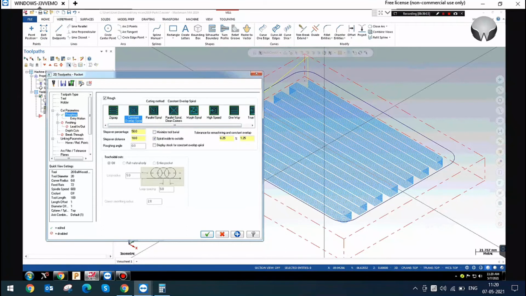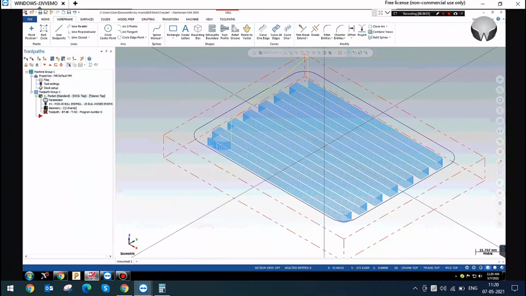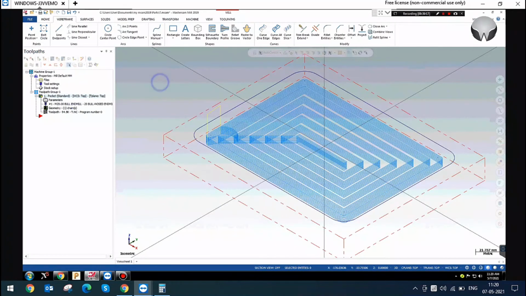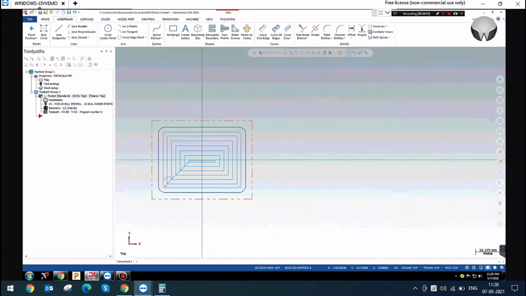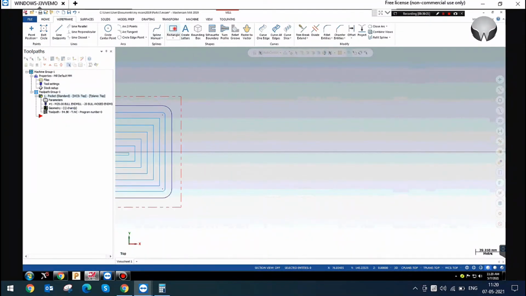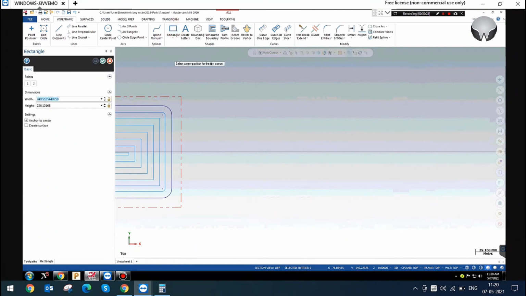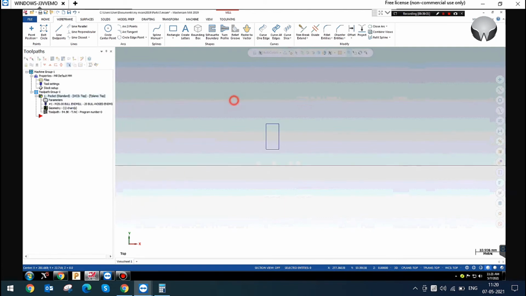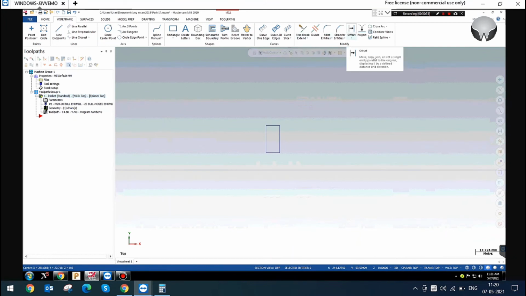This is constant overlap spiral. Constant overlap means a constant offset. I will explain that. So now I am just drawing a 10/20 rectangle. Now I am offsetting this.